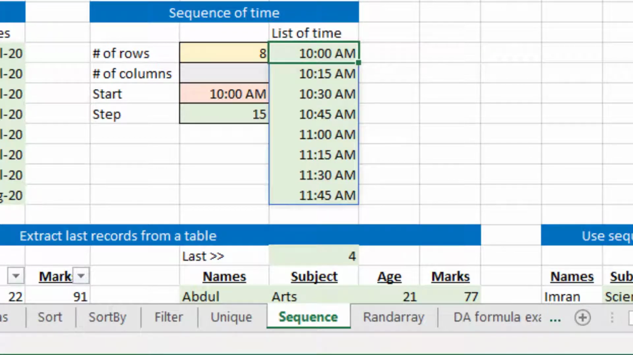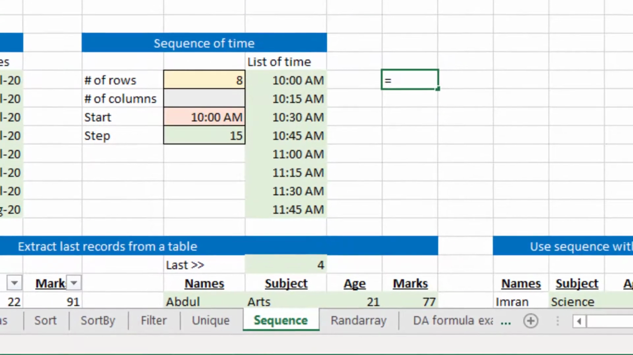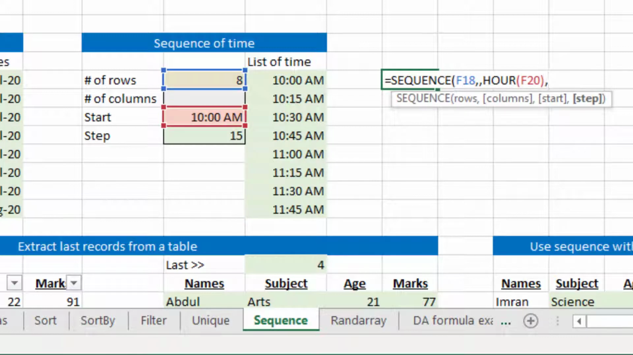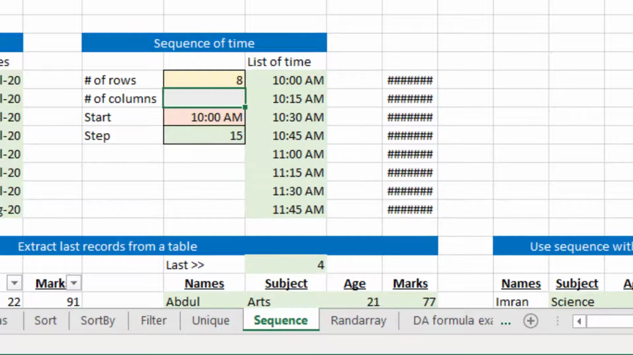List of time, and then time values are incremented by 15 minutes each time. We can also use that to generate hours. For example, if I sequence this, in this case I take the hour value from this value, and then step value should be, I changed it wrong. Let's say I want a step value of 1 hour,